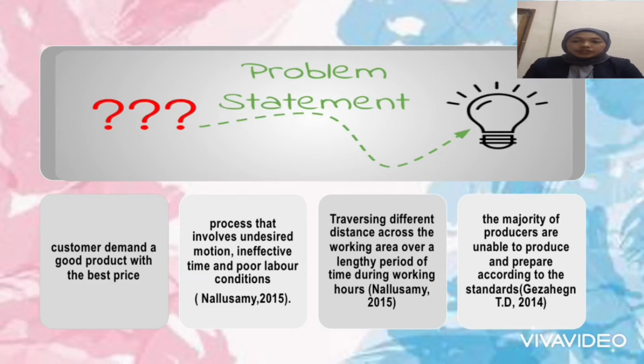First, most of the customers around the world will demand a good product with the best price, and some of the manufacturing industry facing a lot of loss due to the weaknesses in their production line. Ethiopian shoe factory productivity and worker weariness have been harmed as a result of competing in the global market, said Nulusami in 2015. The fundamental issue in those businesses is exemplified by a process that involves undesired motion, ineffective time,